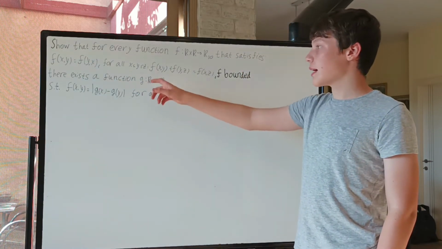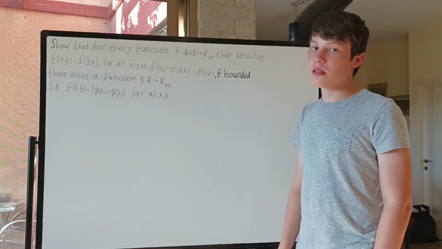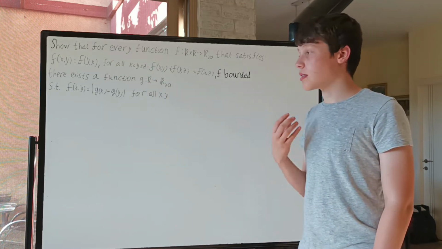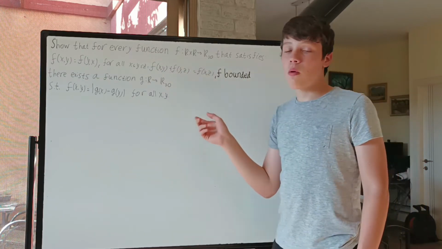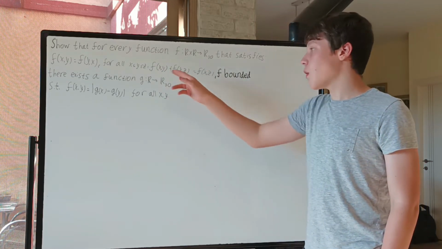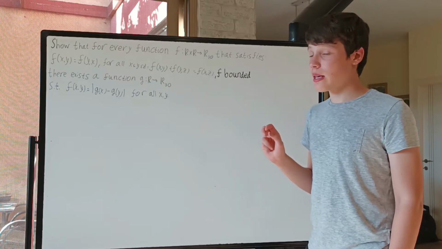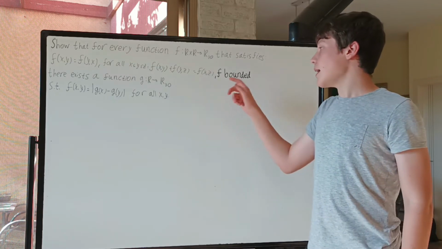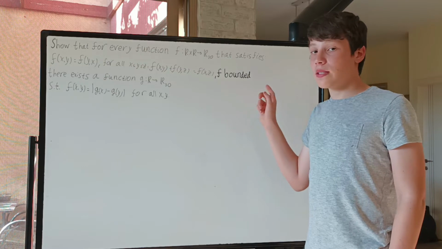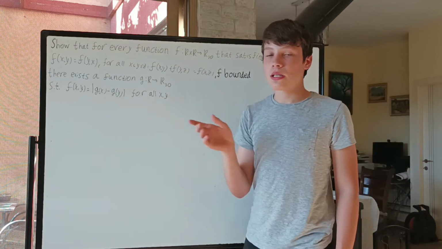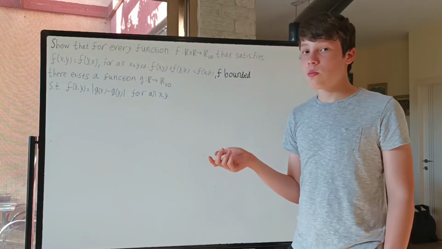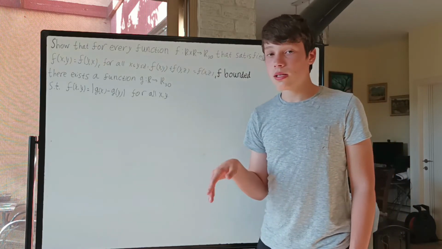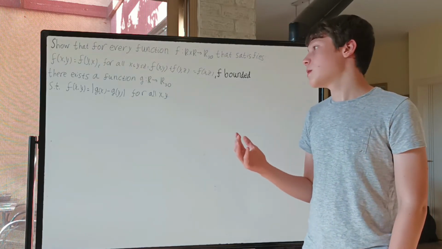for all x, y, z such that x is smaller than or equal to y, which is smaller than or equal to z, we have f of x, y plus f of y, z equals f of x, z, and if f is bounded, so there's some positive value m such that for every two values x and y, f of x, y is smaller than or equal to m,